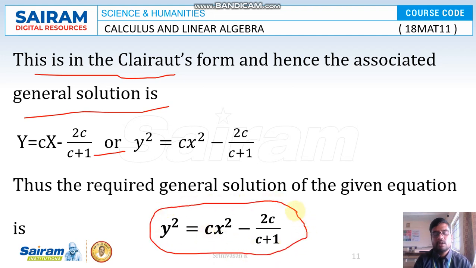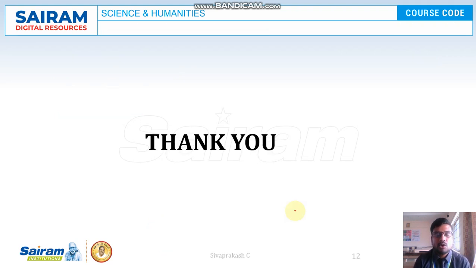So we only have to find the general solution, so there is no need for the singular solution. The question will ask only for the general solution. Okay, so that's all. I hope you all understand the concept of Clairaut's form. So how to solve the Clairaut's form by using the condition. And second, how to make an equation into the Clairaut's form.